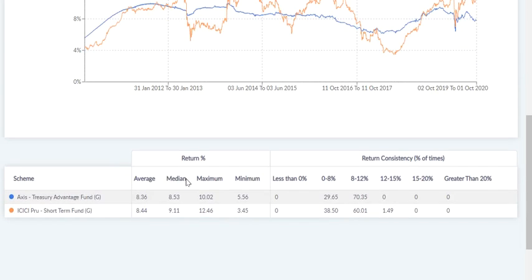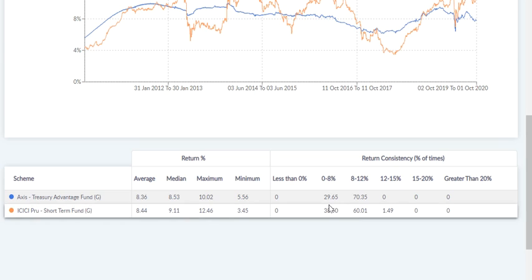So how do we get that? Let's go down, and this graph is now presented in a tabular format, and you see the average return is 8.36. So most of the people will be getting 8.36 whenever they have invested, right? Now let's go to the minimum, that is 5.56. Let's say the interest rates would have been down for that year, or might have increased very suddenly. So 5.56 is the minimum. So the worst case scenario is 5.56.